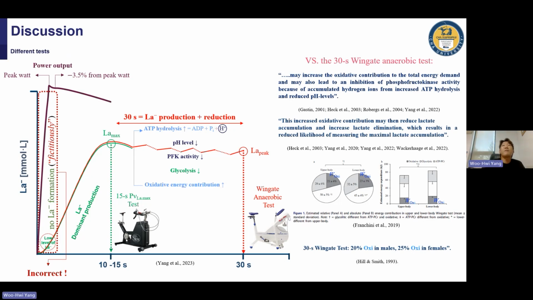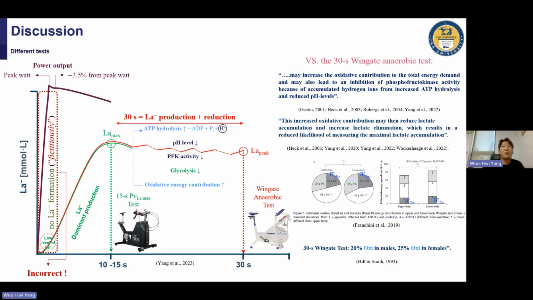However, this time frame will increase the oxidative contribution to the total energy demand and may also lead to an inhibition of phosphofructokinase activity because of accumulated hydrogen ions from increased adenosine triphosphate hydrolysis and reduced pH levels. Also, previous studies showed that the oxidative contribution can be increased up to 20 or 25% during the 30-second Wingate anaerobic test. This increased oxidative contribution can reduce lactate accumulation and increase lactate elimination, which results in a reduced